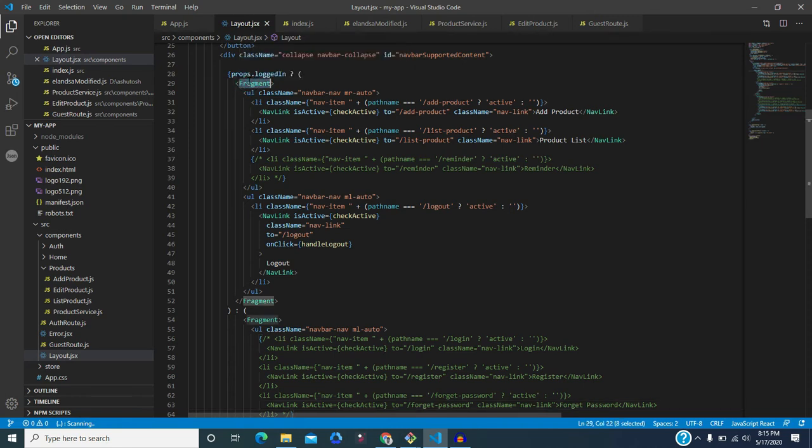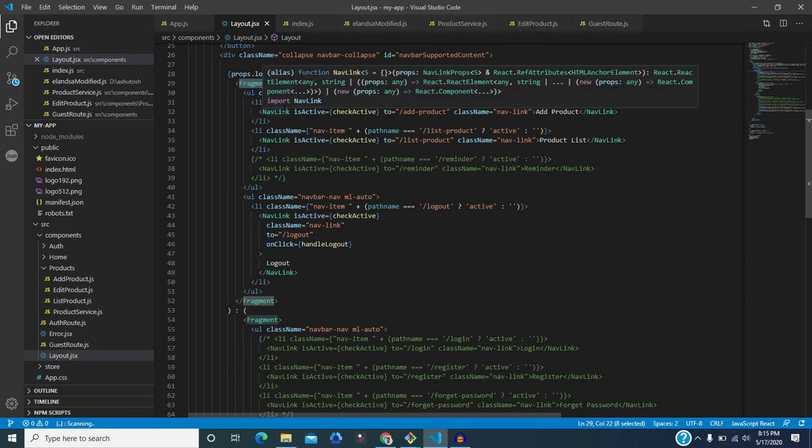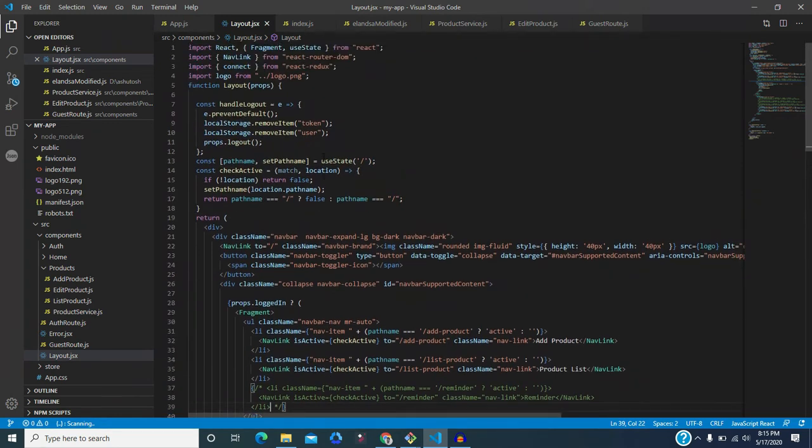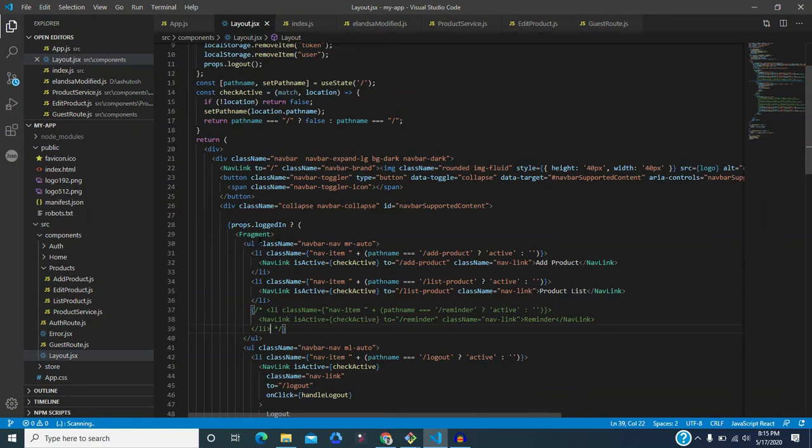Whenever you want to write some HTML or JSX code, you need to wrap it in some certain element, an opening or closing tag. Here we can also write a div, but if you do not want to use a div, then you can write a Fragment. So that's why it's written here as Fragment. Don't be confused: if you are using Fragment, you also need to import it from the React library. So just import and use it.